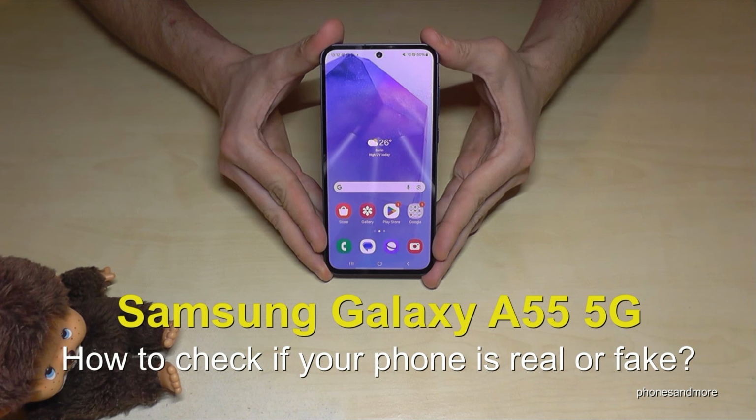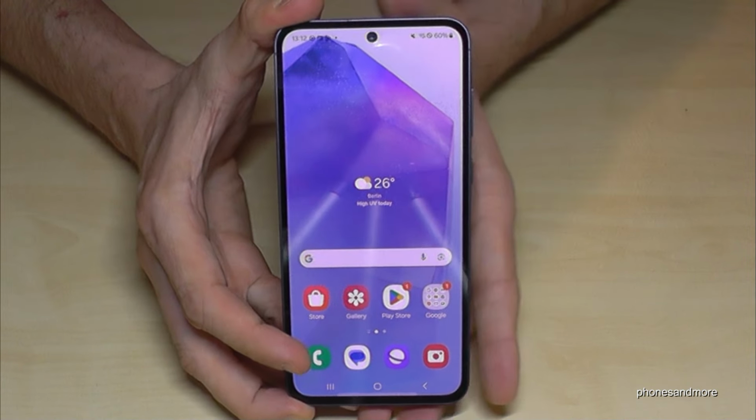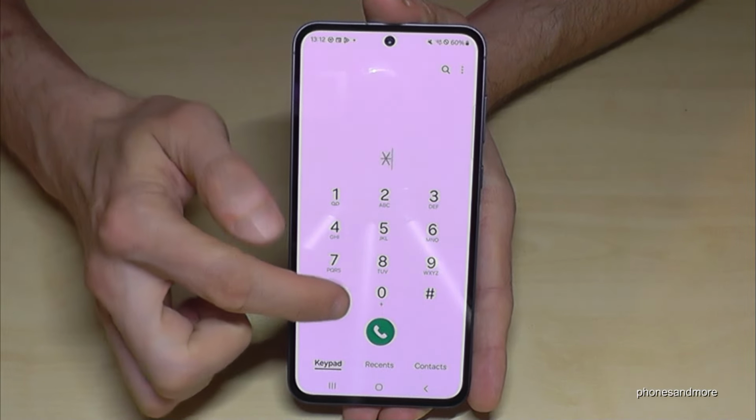Hello everybody, I want to show you with this video how you can check if your Samsung Galaxy A55 5G is real or not. And for that you will have several ways. The first one is here with the dialer. So just dial here